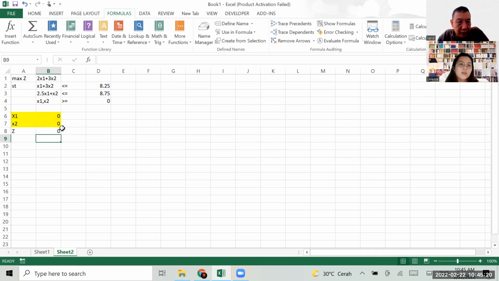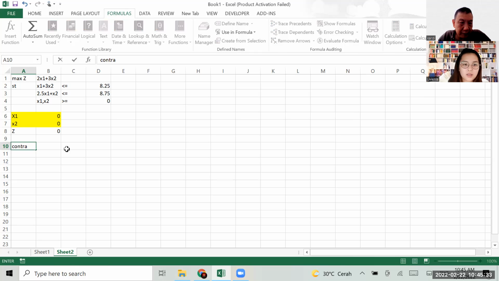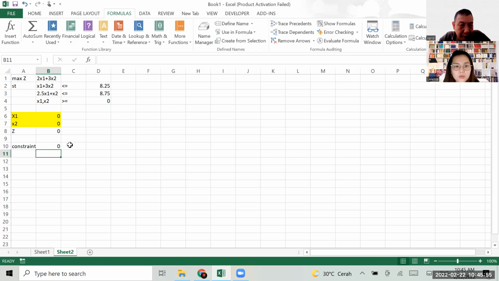Right. Very good. Okay. And then now the first constraint. You just type constraint here. So, first constraint. Okay, that one is equal to x1 plus 3 multiplied by x2. Enter. And then less than or equal to